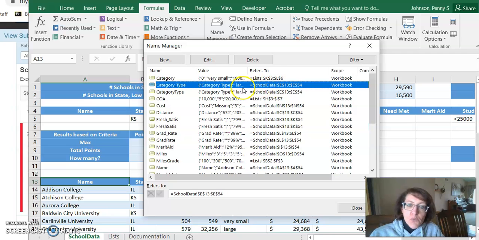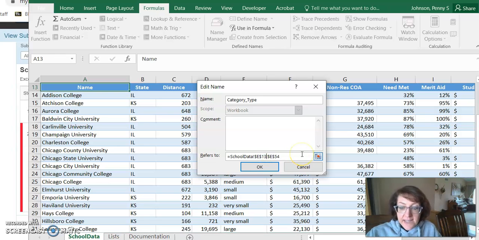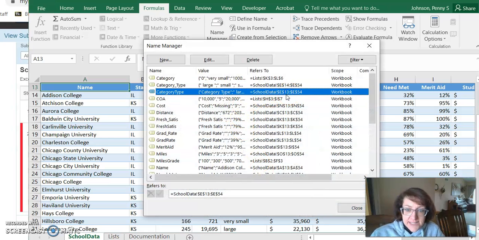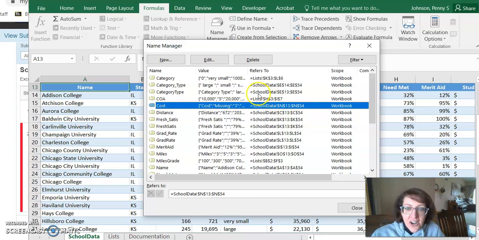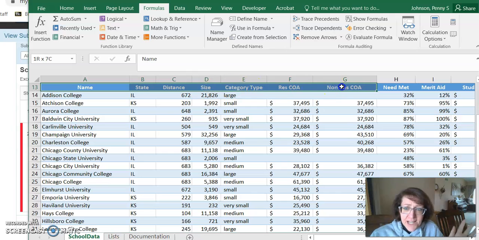You could edit them one at a time and change the range to, in this case, E14, because we're in the E column. Change it to 14, click OK. Go to the next one, not that one because it doesn't count anyway. Go to Cost, Edit. So you could individually edit each of these columns, and you have to do it to all of them. So that's one way to do it. The other thing you could do is delete all the names and recreate them. Or what I'm going to do, this is just an example, you can fix this however you want,